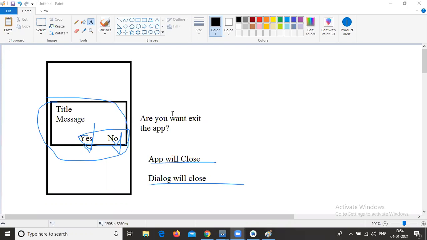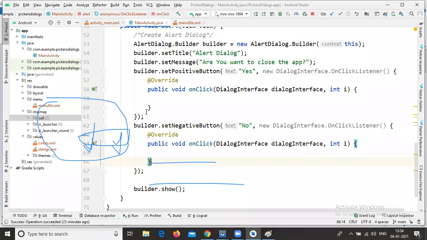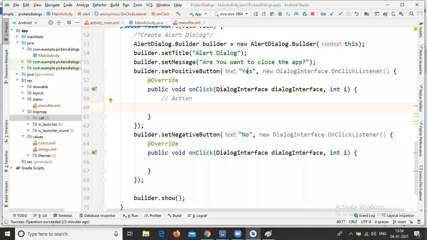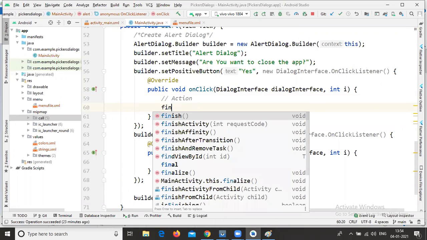These are our app requirements. Now for the yes button, let's implement the functionality. For understanding purposes, here I'm writing the action. If you click the yes button, I want to close our complete app, so here I'm calling the finish method.